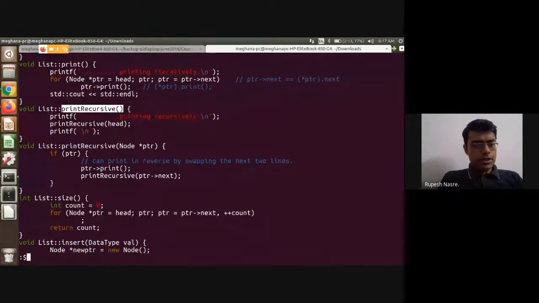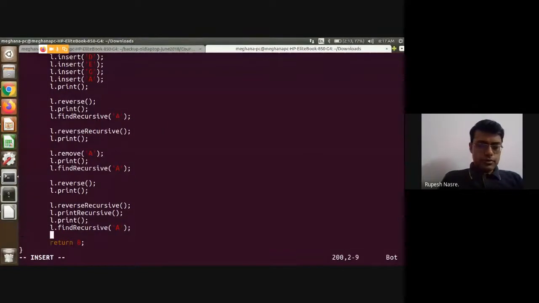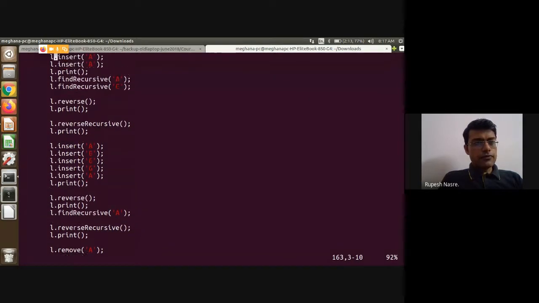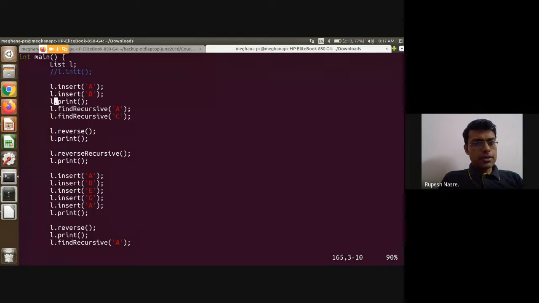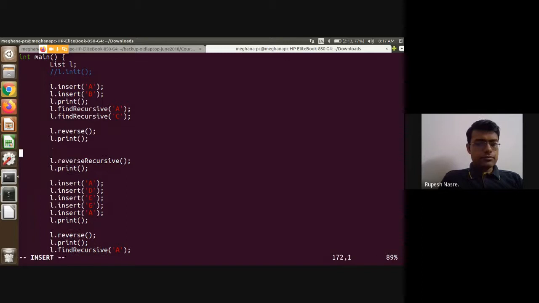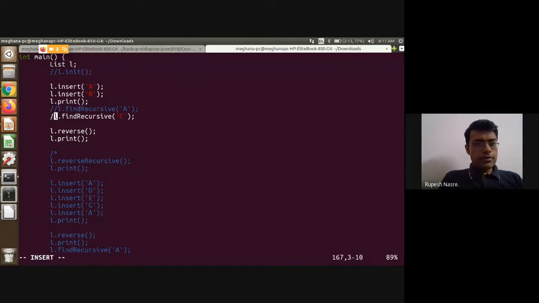So let me quickly run this code. So we have, okay, insert this, find recursive is okay, print. Let me comment out the find recursive. That is not currently important. And yeah, reverse is also not important. Print is what we expect.